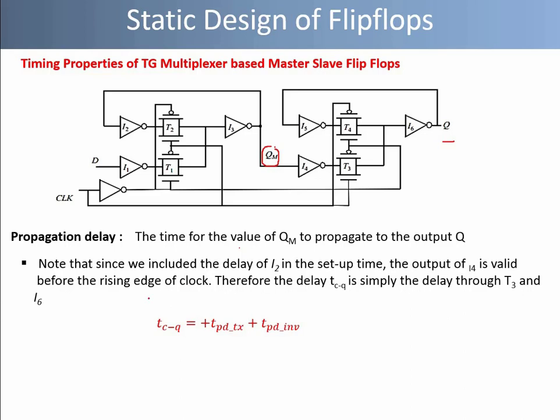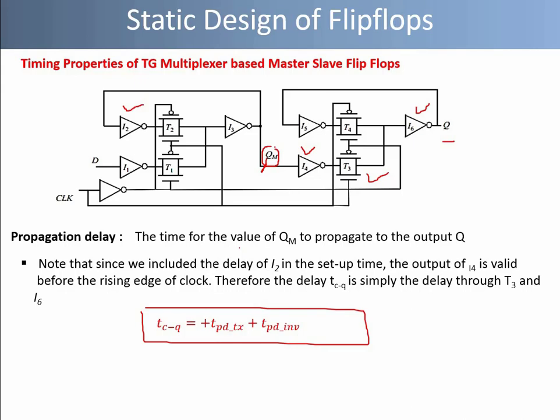And since while calculating the setup time we have already accounted the delay of inverter I2, the output I4 is valid before the rising edge of clock because QM is being applied simultaneously to I2 and I4. So the propagation delay from clock to output TCQ is equal to the propagation delay of transmission gate T3 and inverter I6, which is equal to TPD_TX plus